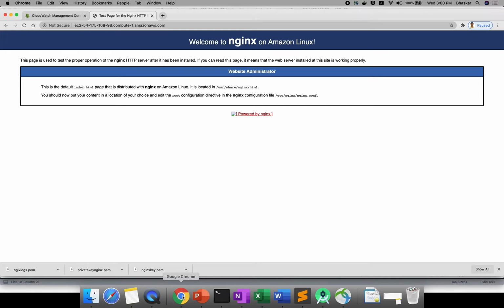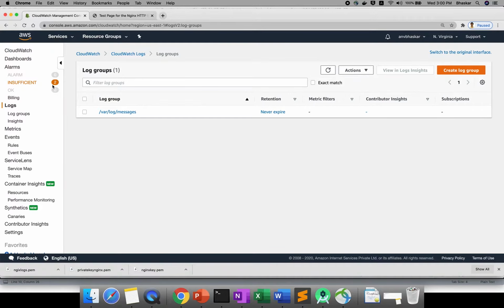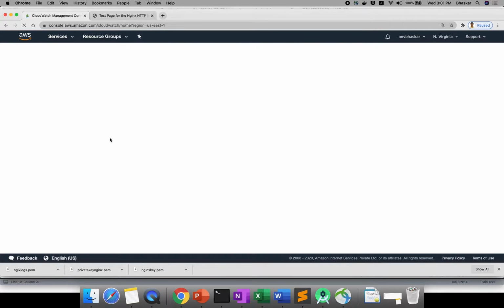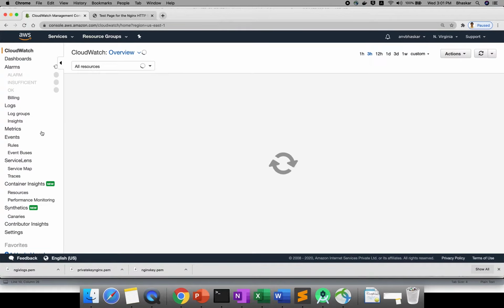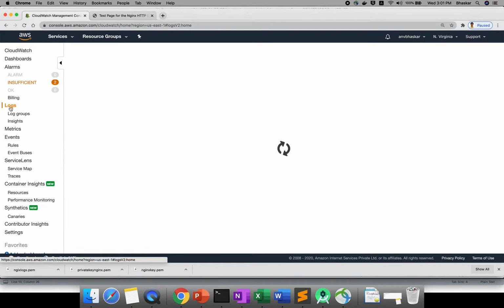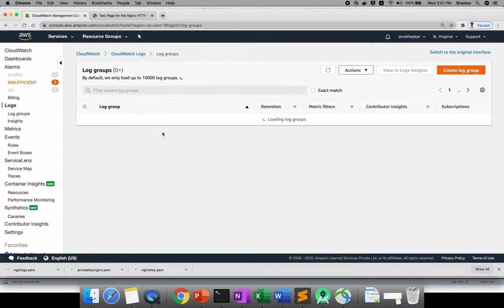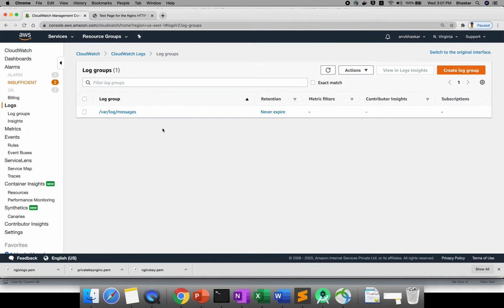Okay, for your information, go here and click on AWS. Type CloudWatch. On the left side there is Logs. Click on Logs. Here click on the log groups. Whatever path it is generating, we will configure that path here. It will be a dynamic generation. It will generate all the log files inside your CloudWatch. How do you need to do that part?